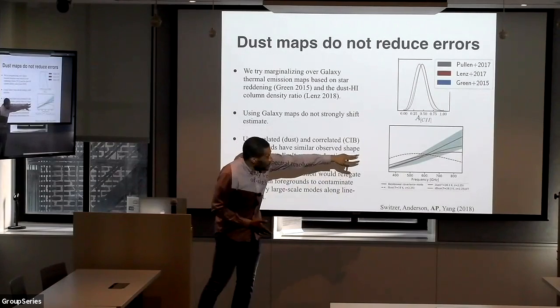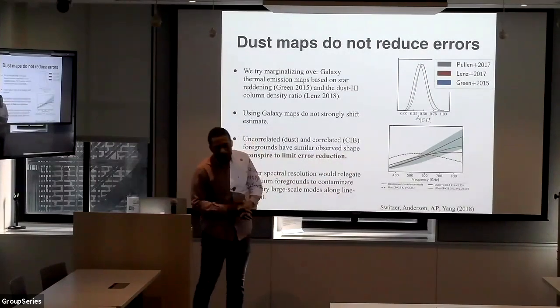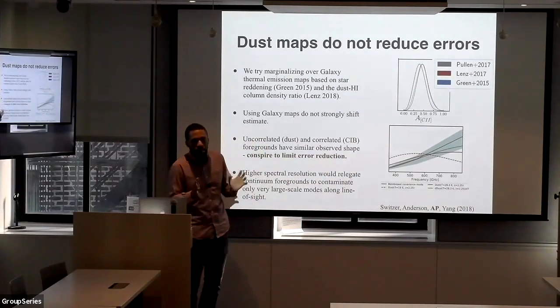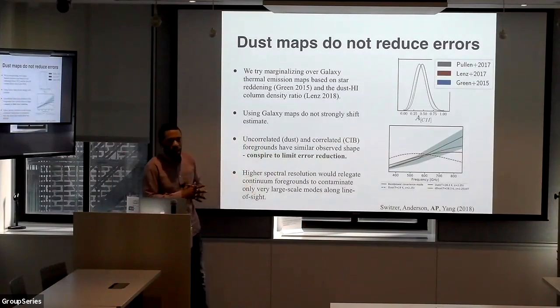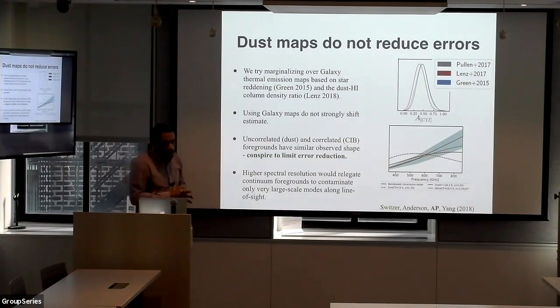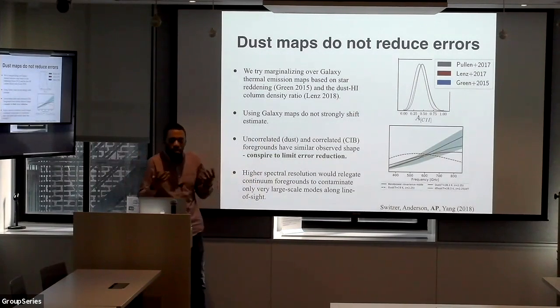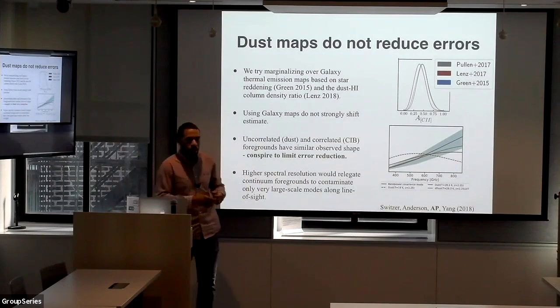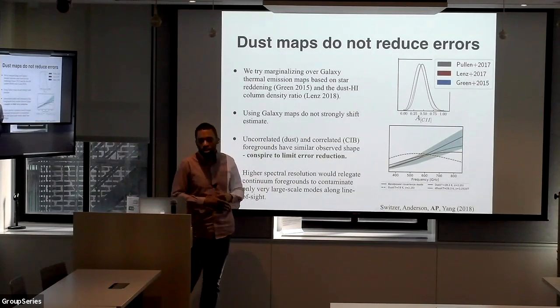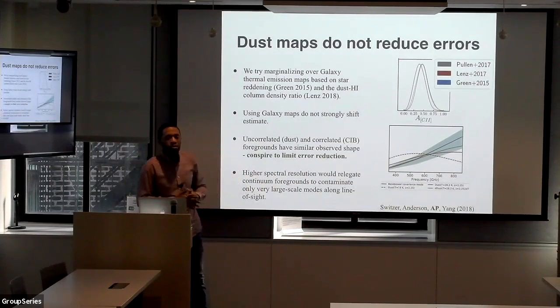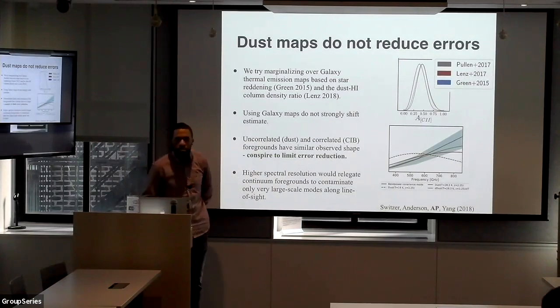The green and the solid red curves are both the contributions from the CIB and the dust. They are basically on top of each other, so you don't actually get much power by trying to use templates. We did do some forecasts, and we expect that once we have the full 3D information, using not the broadband frequencies of Planck but very high spectral resolution frequencies of intensity maps, we will have much more information to do a better job of separating those out.